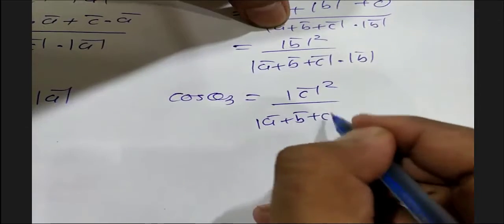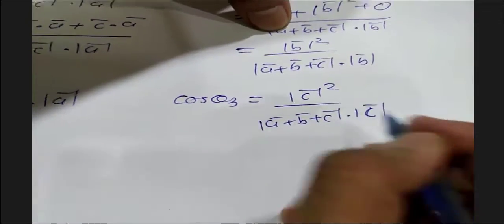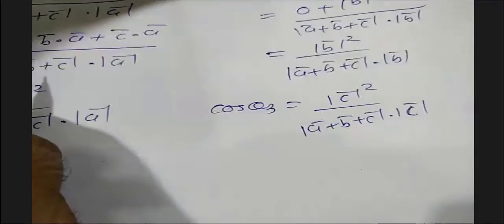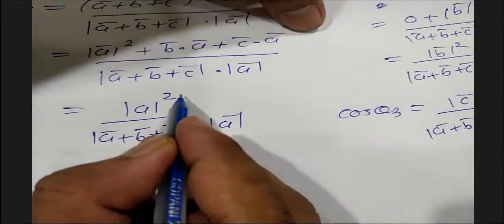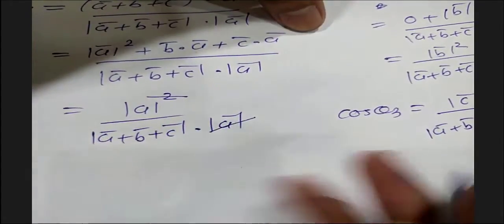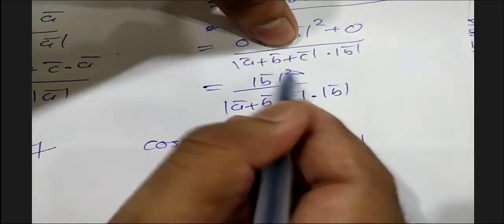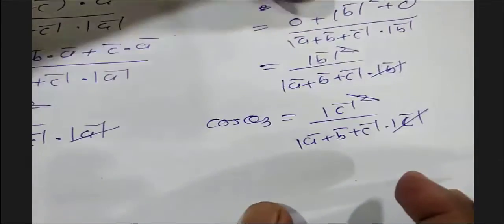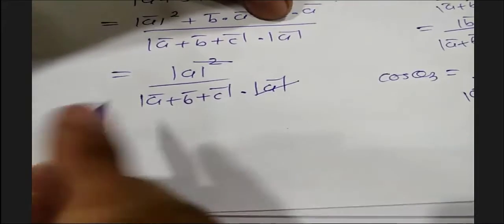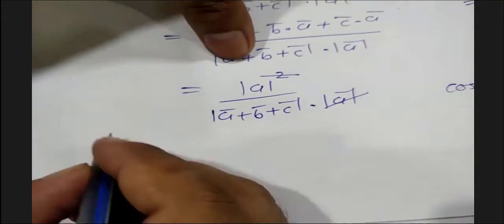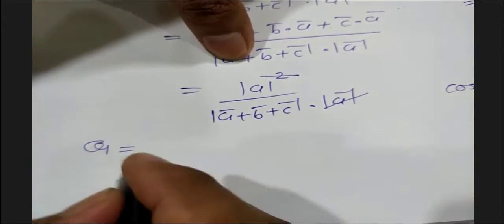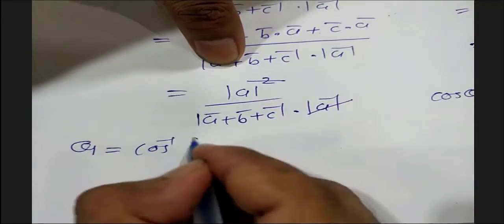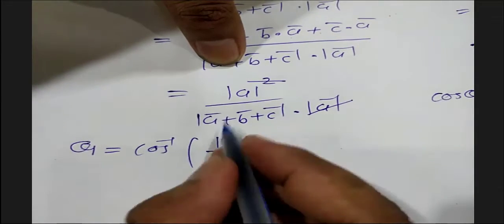Are they similar? Let's try. This is the value, so you can cancel. This is the value, so you can cancel. And if you observe, we have θ1 equal to cos inverse of the magnitude of A bar upon